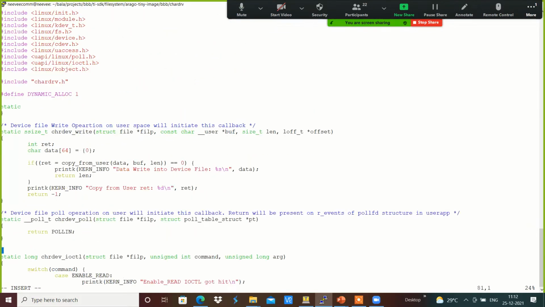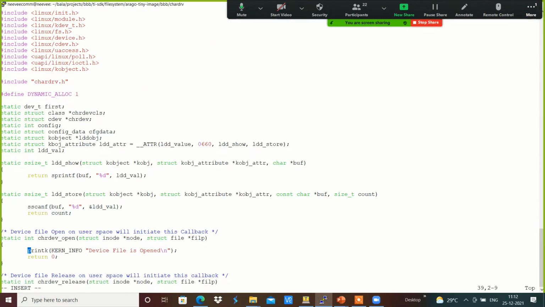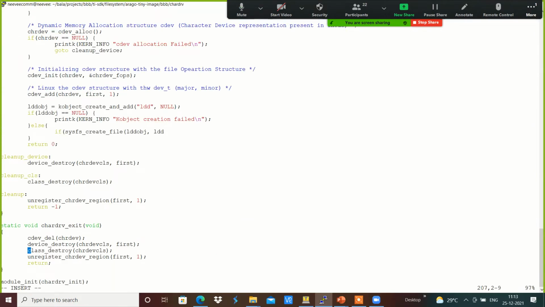Sorry, this will be ldd_attribute, underscore attr dot attr over here, and we are going to pass this pointer to it.